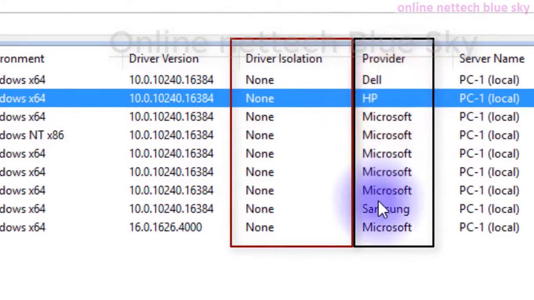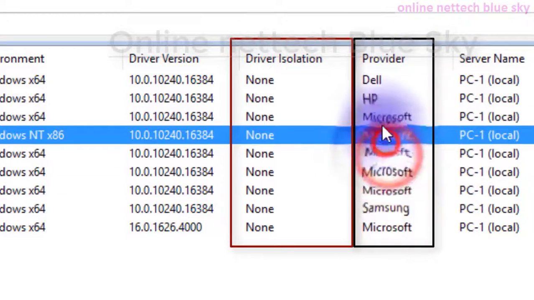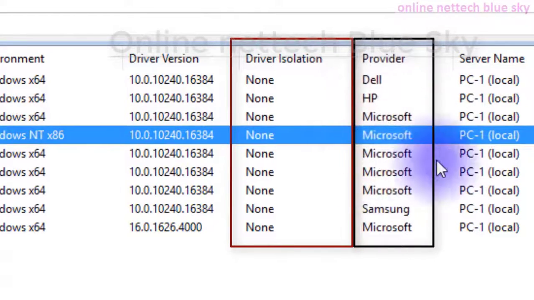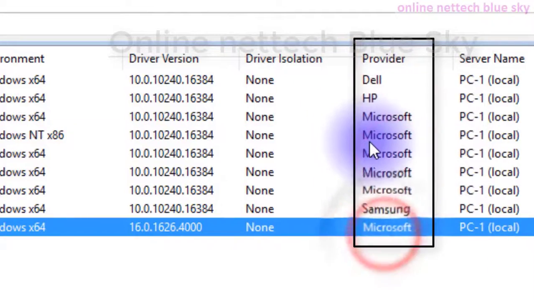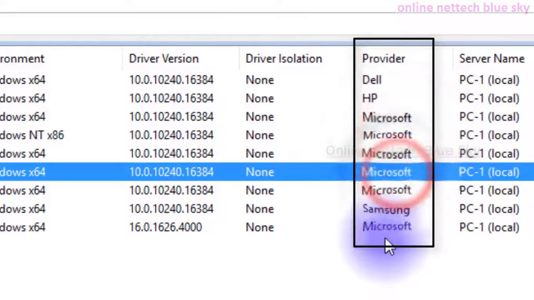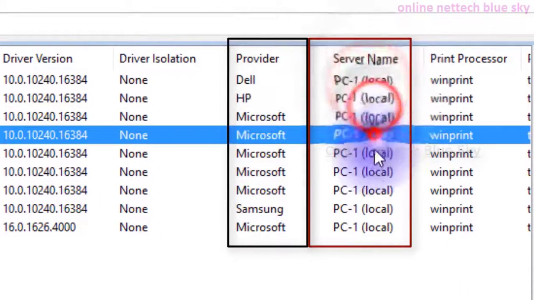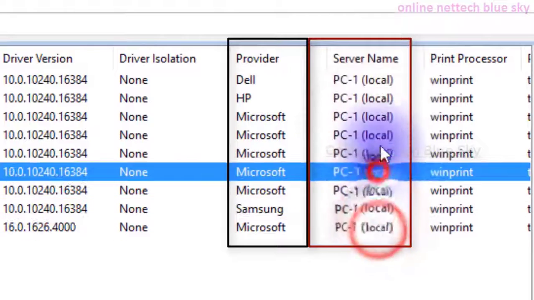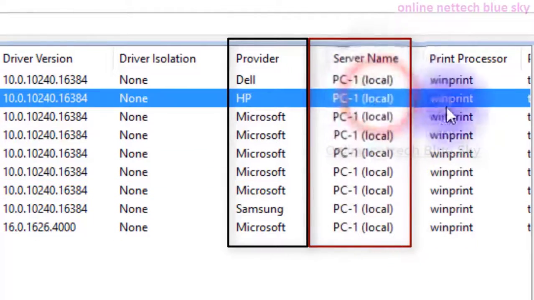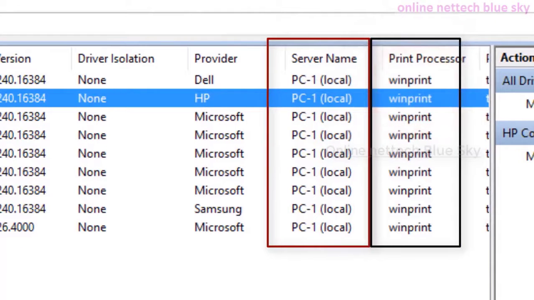So two types I have already installed, and these Microsoft ones were installed by the Microsoft company on my computer. So some drivers are already installed by Microsoft, but some drivers you have to download first and install after, and start your internet and network and connect your PC to your computer network here. So watch my video on how to add a printer to a computer.